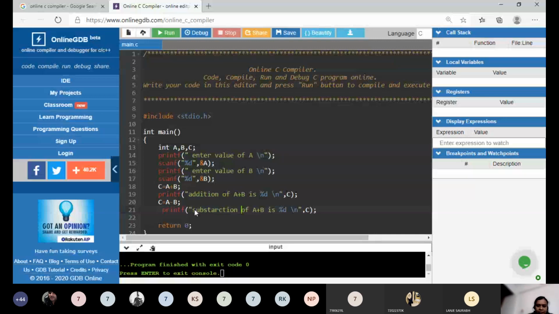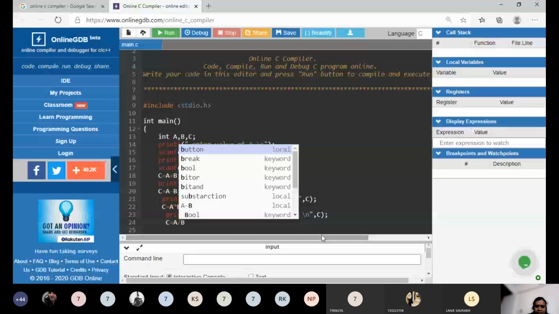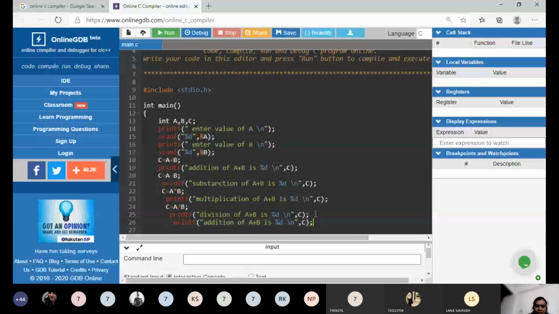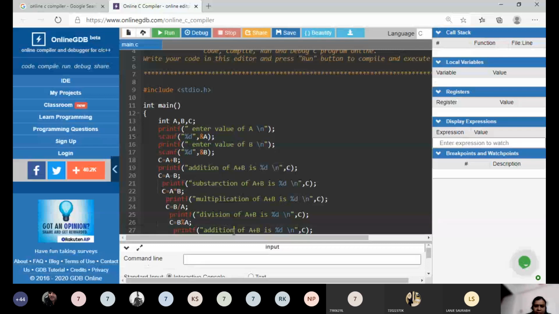C equal to A into B. Next, C equal to A divided by B. Next, C equal to A mod B. और what I will do here, B का value हमने ज़्यादा लिया है, so I will write B divided by A, and here I will do B mod A. Or I will use here the word mod instead of remainder.